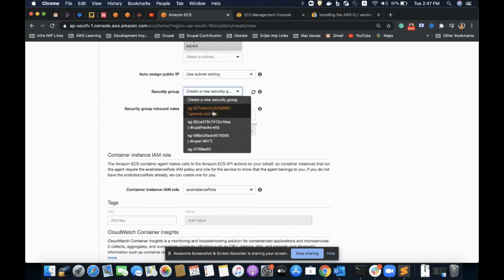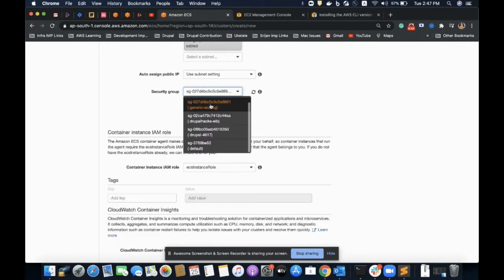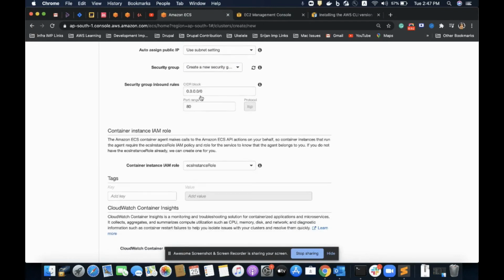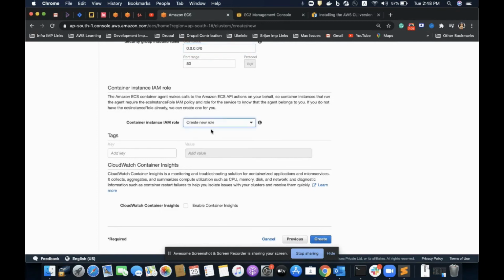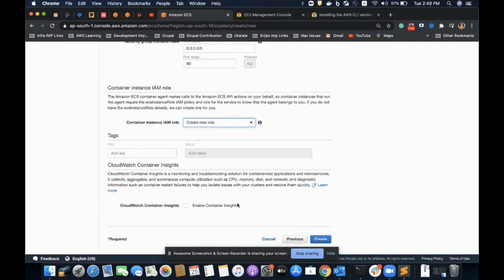For the security group, I have a generic EC2 security group defined, but I'll go with creating a new security group, keeping this inbound rule open for anywhere, for everyone. And for the container instance IAM role, I'll choose create new role, keeping CloudWatch Container Insights disabled.